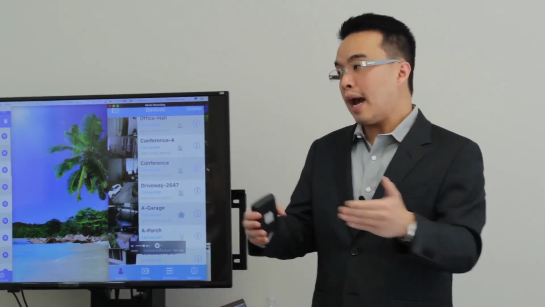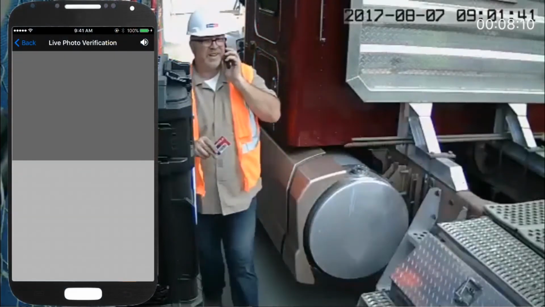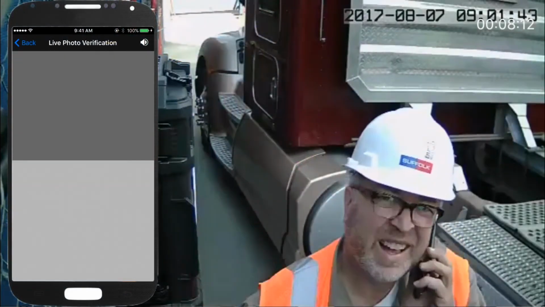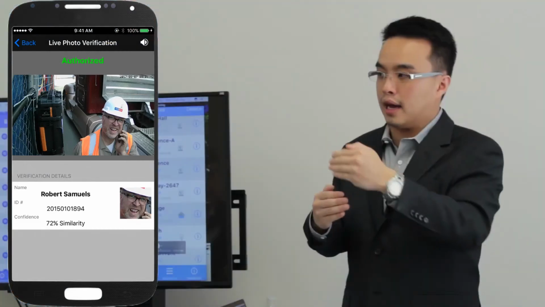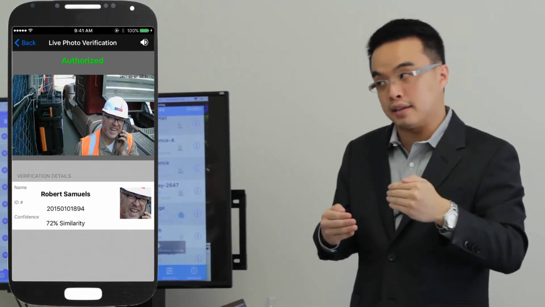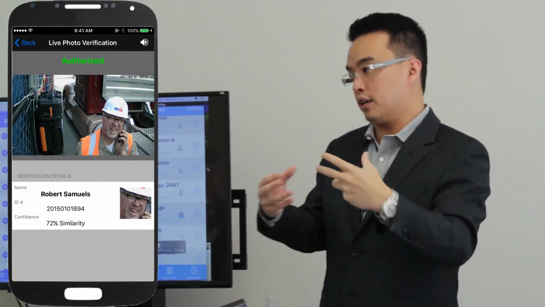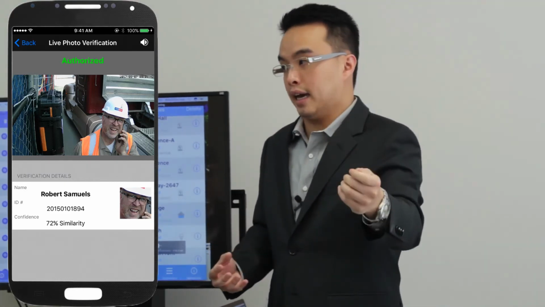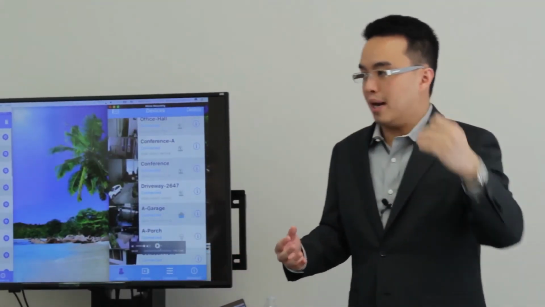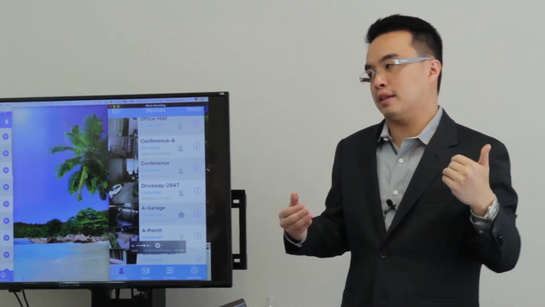Now, what happens is every time the RFID scanner scans, it will contact our cameras to run facial recognition. It will run facial recognition of that employee and match to see whether that person is in fact in the database, and that it's matched to the RFID scan. And if it is a match, then it will automatically unlock the magnetic gate. If it doesn't match, then it will send an error report to the administrators